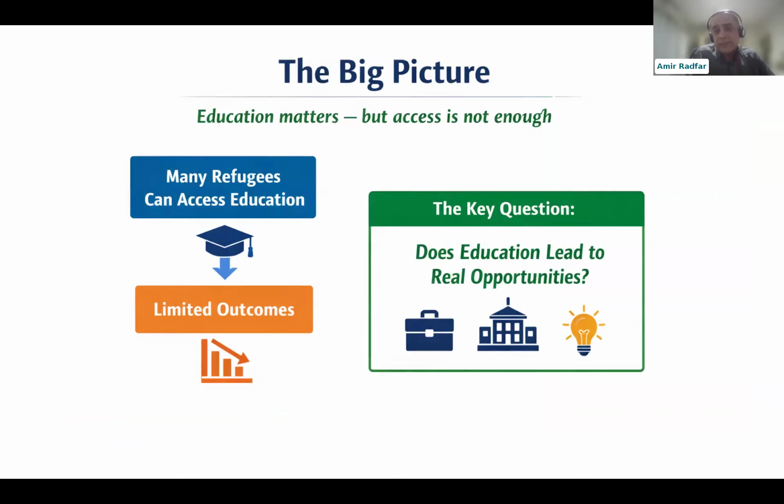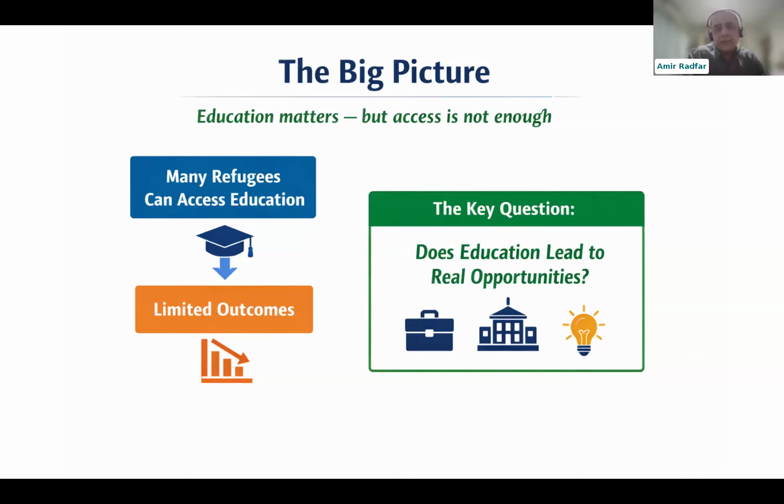Because access alone is not enough, though we also still have challenges with access because we are really targeting 15% by 2030 for tertiary education. That's the goal, 15 by 30. And I'm sure many of you have heard this 15 by 30 goal of UNHCR at the tertiary education level, and we are trying to get the support from many NGOs, many universities, through different networks like Each One Teach One. There are so many players.